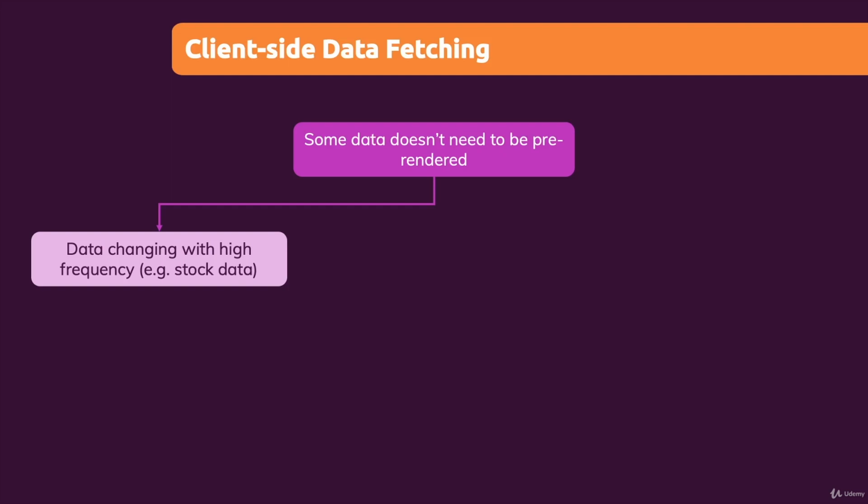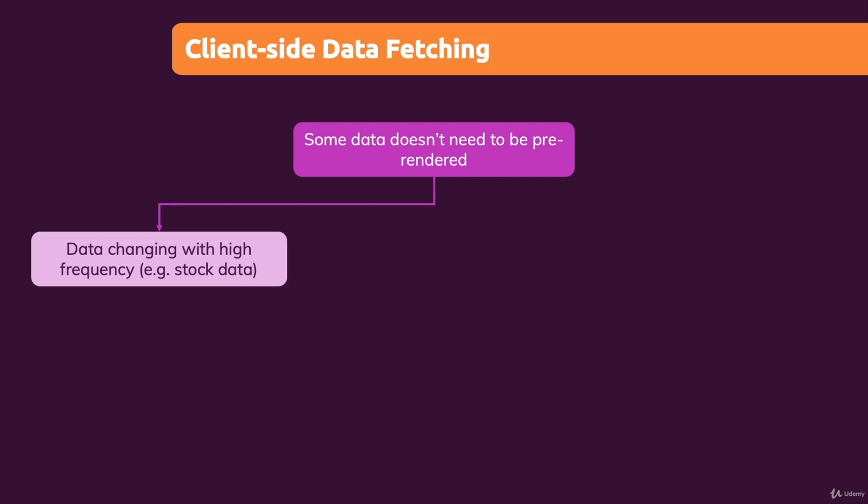So for example, if you have stock data which you show on some page and that data changes multiple times every second, pre-fetching and pre-rendering might not make too much sense because you will always see outdated data when you visit this page. So in such a case, just showing a loading spinner when you visit the page and then fetching the very latest data for you and maybe updating that data in the background